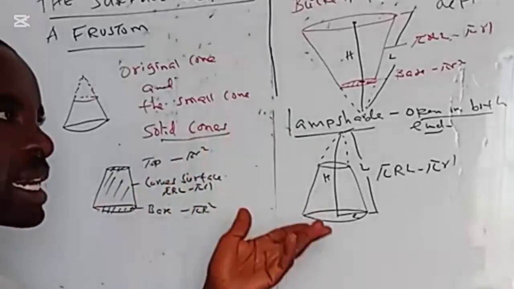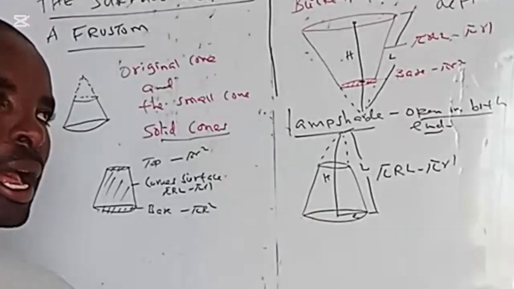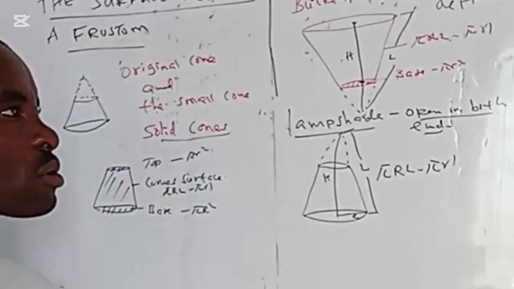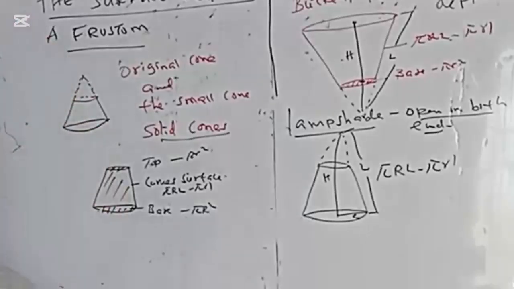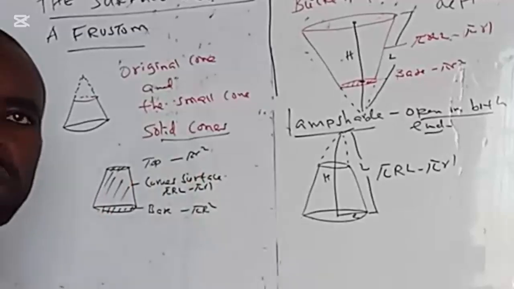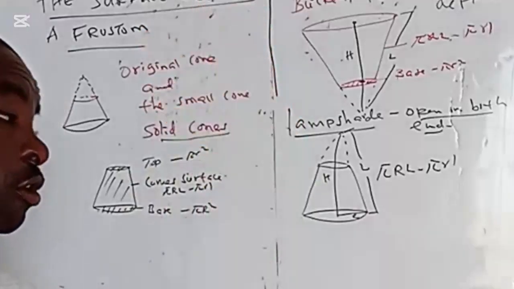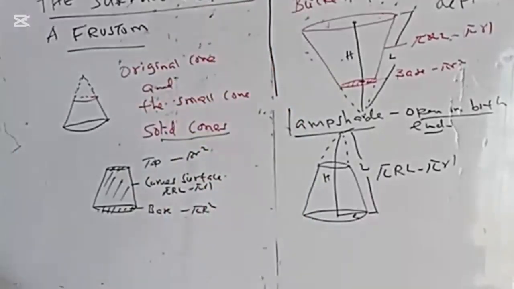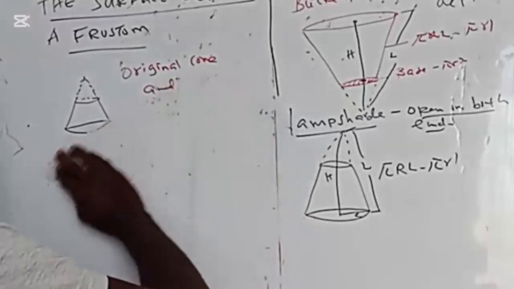frustum. If it were to be a pyramid, of course, it has a triangular, rectangular, or a square base. Just that difference is what we would encounter, but most of them are solid. So also for a solid pyramid with a rectangular or triangular base, you'll still have 3 sides. But now the curved surface area will be given as the slanting edges of the bigger minus the slanting edges of the smaller one. So this one can be best understood by a question,